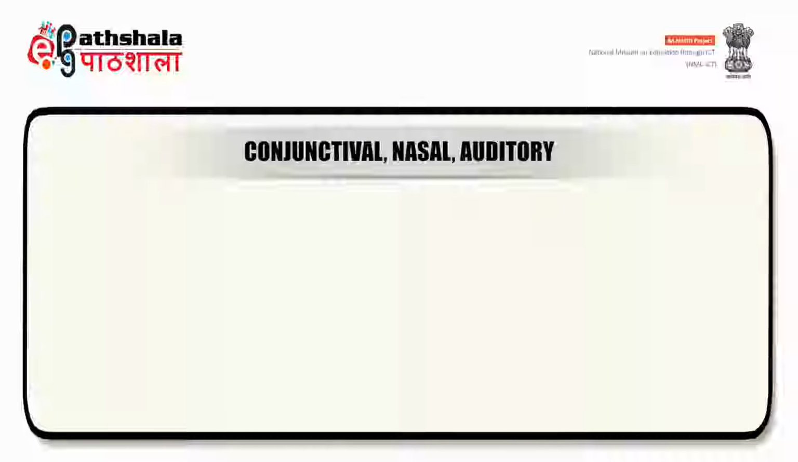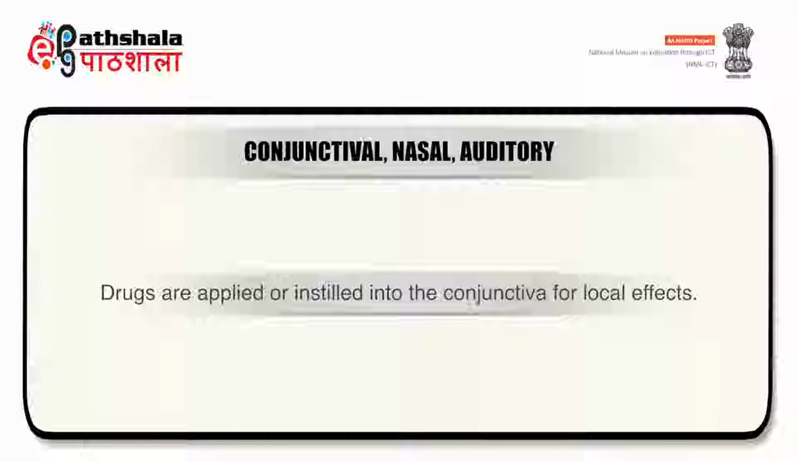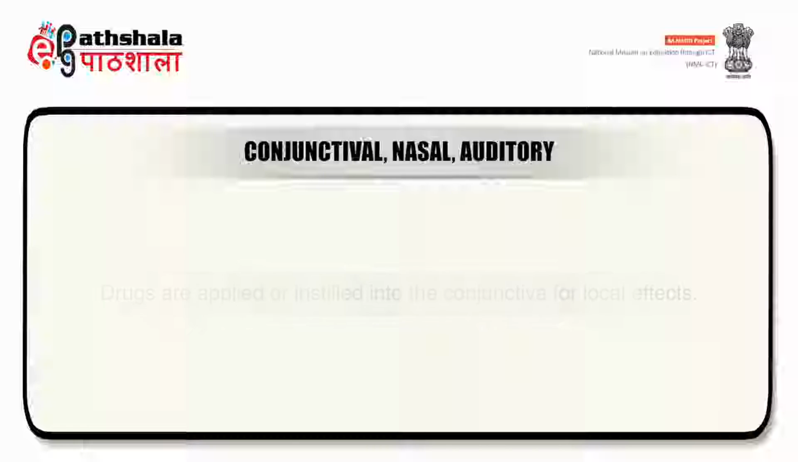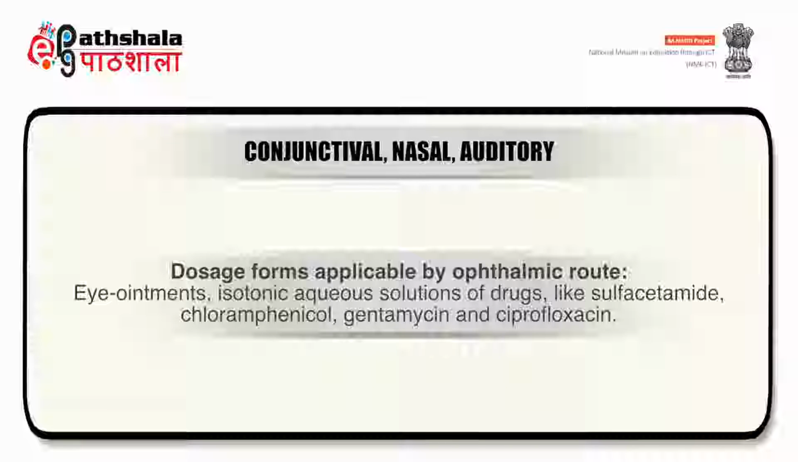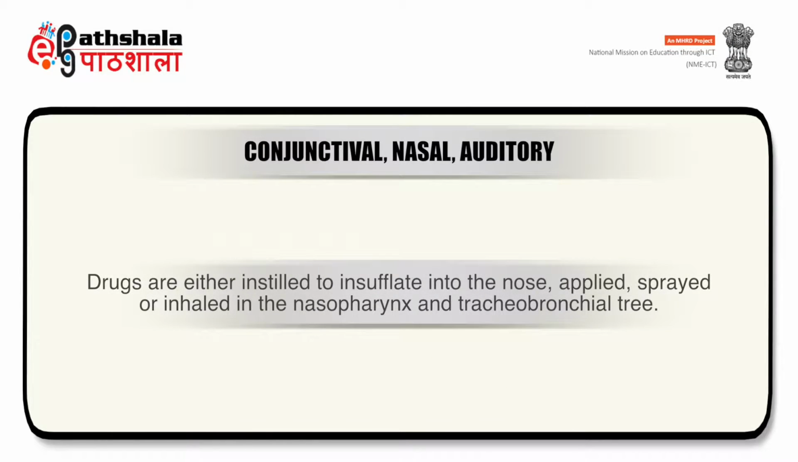The next one is conjunctival, nasal and auditory route. Here, the drugs are applied or instilled into the conjunctiva for local effect. The dosage forms applicable by ophthalmic route are eye ointments and isotonic aqueous solutions of drugs like sulfacetamide, chloramphenicol, gentamicin and ciprofloxacin. Drugs are either instilled or insufflated into the nose or applied, sprayed or sometimes inhaled in the nasopharynx and tracheobronchial